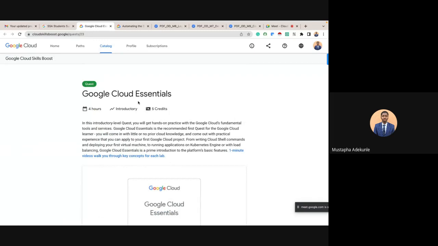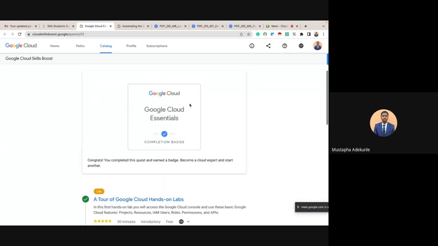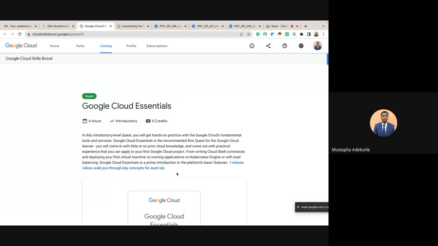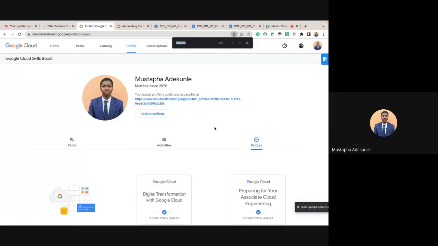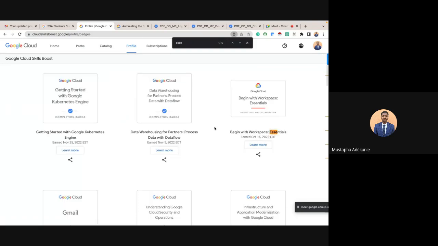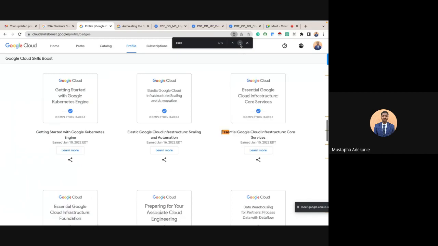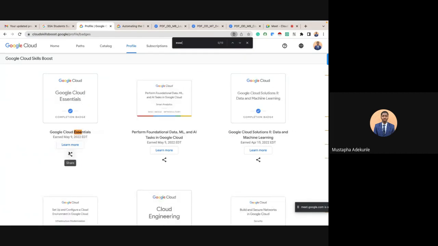After you've completed it, you just need to share the link to the badge that you get, and where you can see your badges. After you've completed this, your badge is going to show under your profile. So your badge is going to show here. Let me look for my badge under this part. The badge on this course, it's essential or something. Come in. So this is it. You just have to share, then you copy